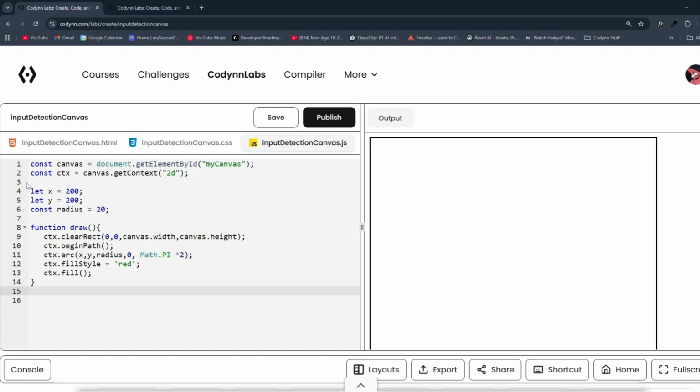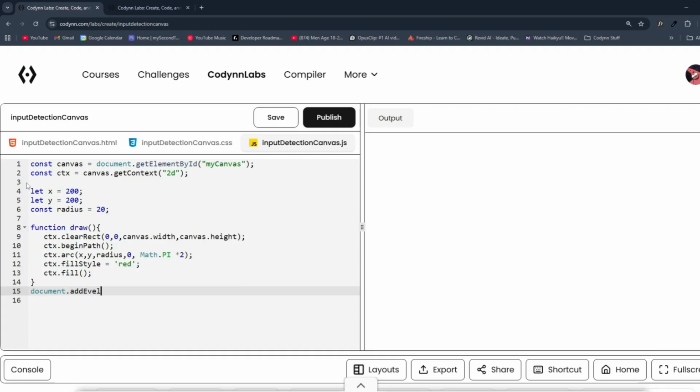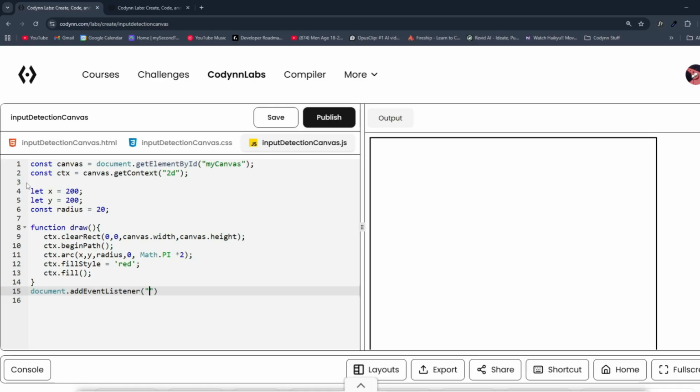So we'll do document.addEventListener, and then since we want to detect our keyboard inputs, the event that we'll track will be keydown. So keydown, and then the event object,